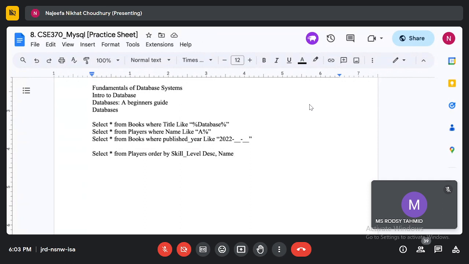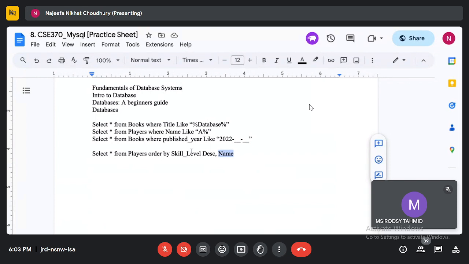Since it's descending, the highest skill levels will appear first, and then slowly the lower ones will appear later. Now some people will have the same skill level. Let's say the highest is 5 and 10 people have skill level 5. In that case, those people within themselves will be sorted using their names, alphabetically.